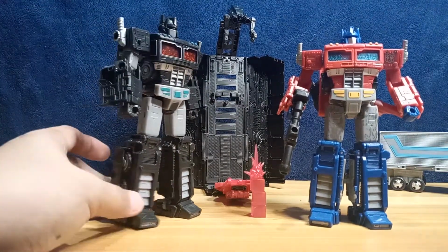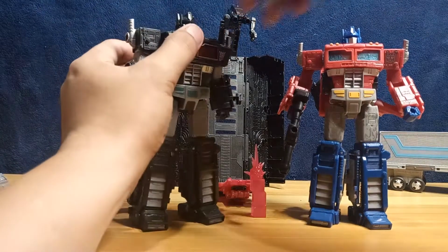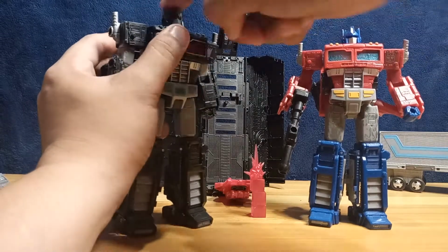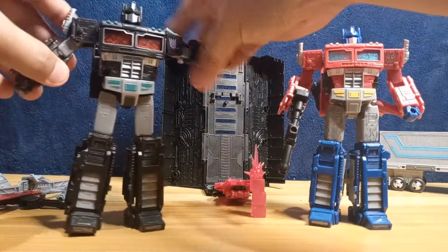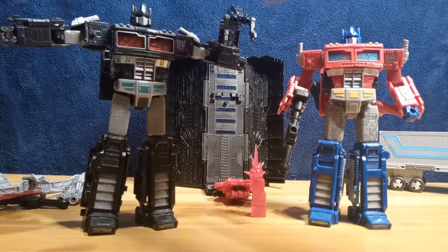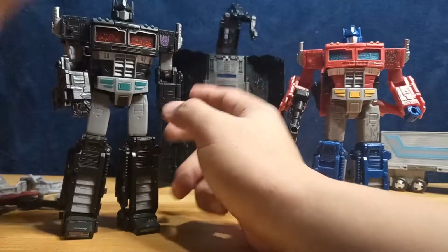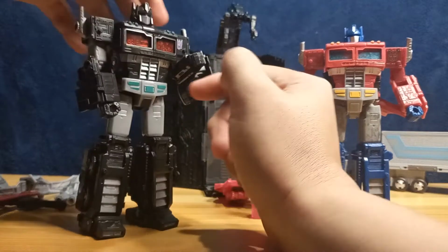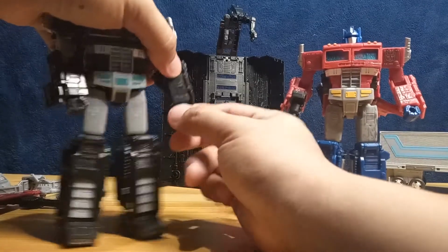So, articulation is pretty much the same. The head is on a ball joint, and that ball joint gives him a wide range of emotive movement, sideways motion, looking up, looking down, full rotation there. Shoulders can be raised sideways as much. Can raise his hands that much. Also, full rotation there. There is a bicep swivel, and an elbow bend there. Nice elbow bend. Wrists have articulation. You could rotate that,